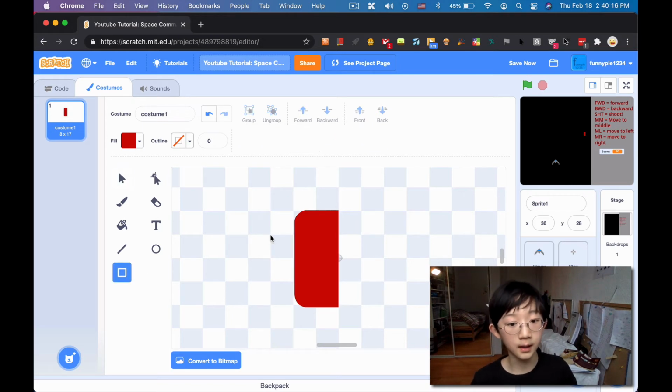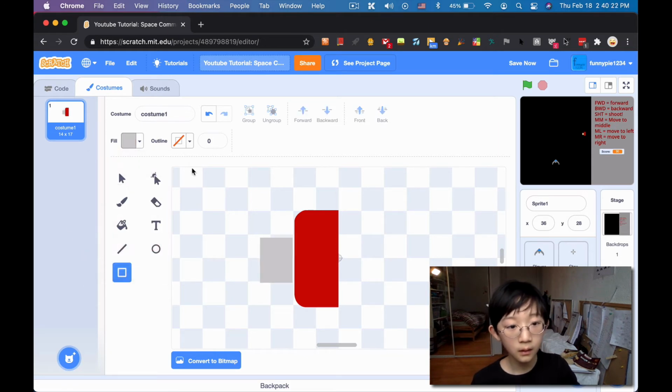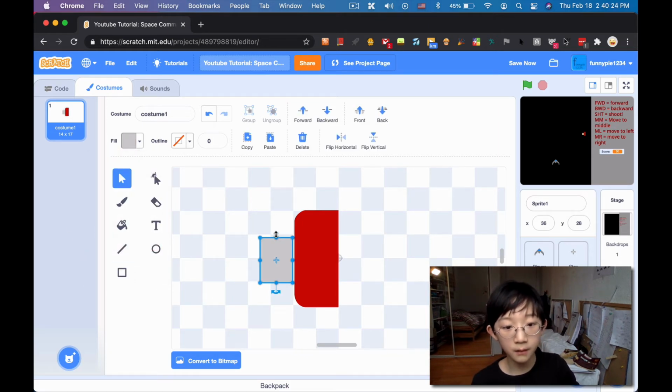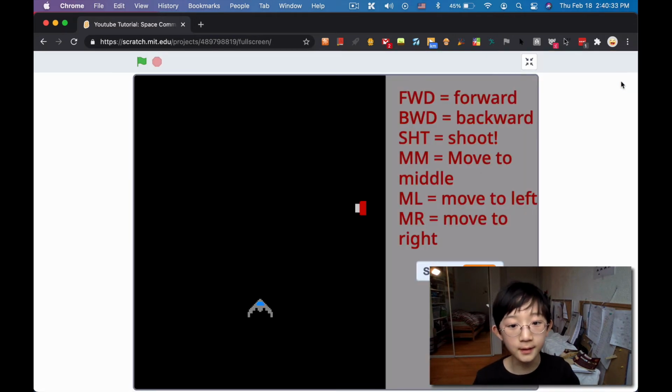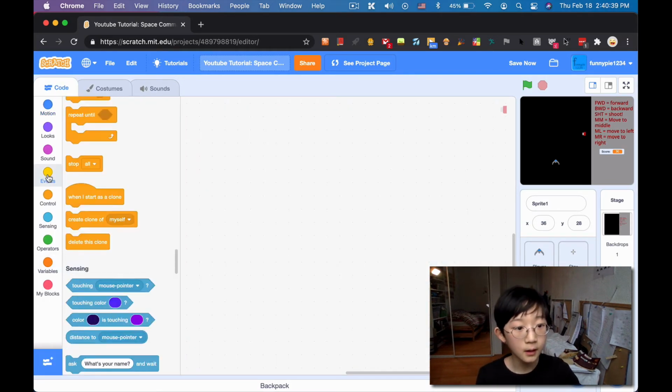Oh, and I'm also gonna make it so that there's a little cannon here. And I'm also gonna make it bigger. And I'm also gonna say go to back. And there we go. Okay. Now we have a little cannon, as you can see. And this thing will shoot at you from the side. Okay. So what I'm gonna do is I'm gonna say when green flag clicked,